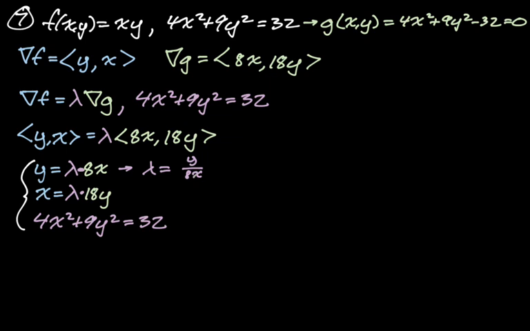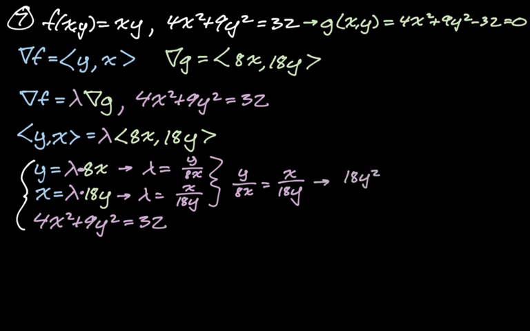There we go. So lambda is y over 8x. Lambda is also x over 18y. Because they're both equal to lambda, they're equal to each other. So we have y over 8x is x over 18y. Let's keep going. So we have 18y squared is 8x squared, which means that you either have to solve for x or for y. It's up to you. So I'm going to solve for y squared is 4 over 9 x squared,